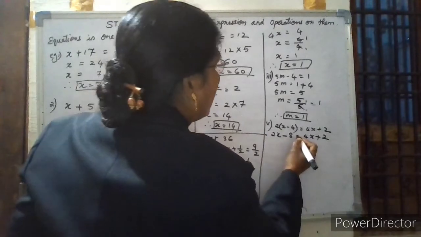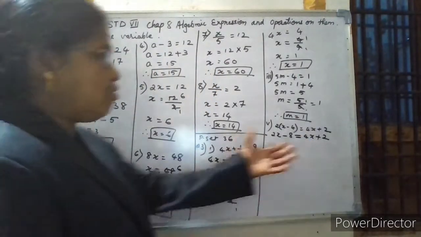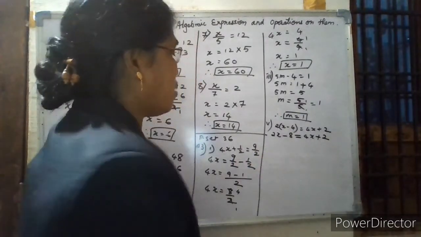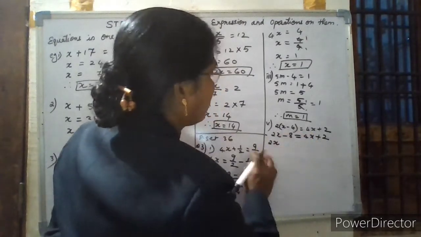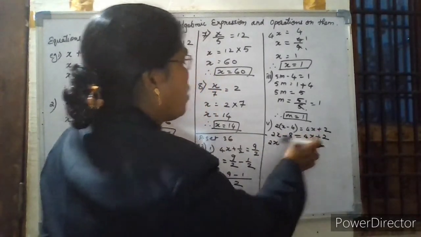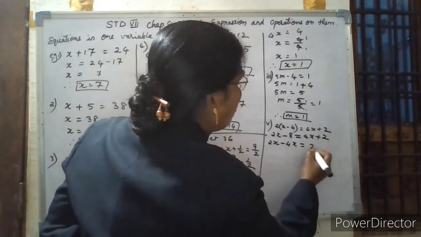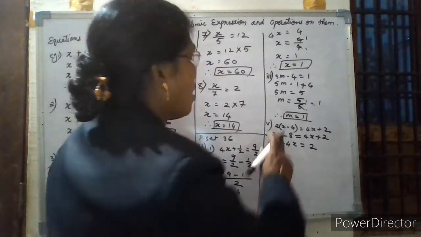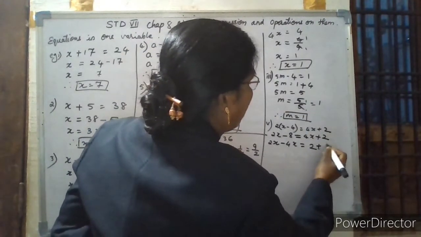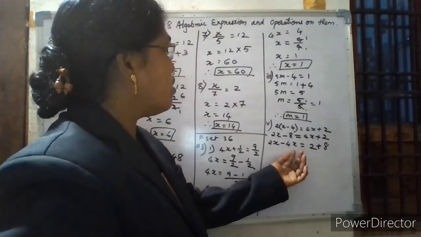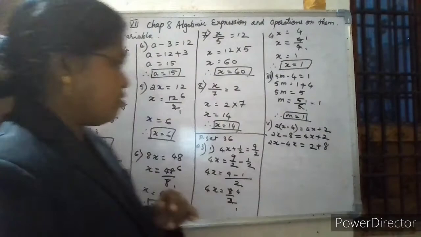Now, the equal sign is there in the middle. Here 2x, here 4x. Bring all the x values to one side and numerical values to the other side. So 2x will remain as it is. When I bring this 4x to this side, it becomes minus 4x. Equal to this 2, you write as it is, plus 2. Then this minus 8, when I take it to that side, becomes plus 8. So all the variables I brought to one side and the numerical values to the other side.